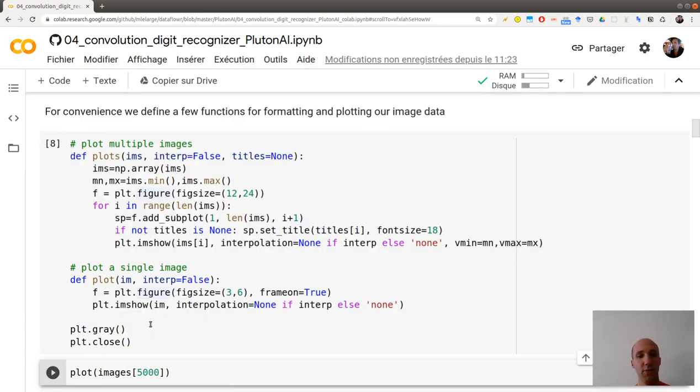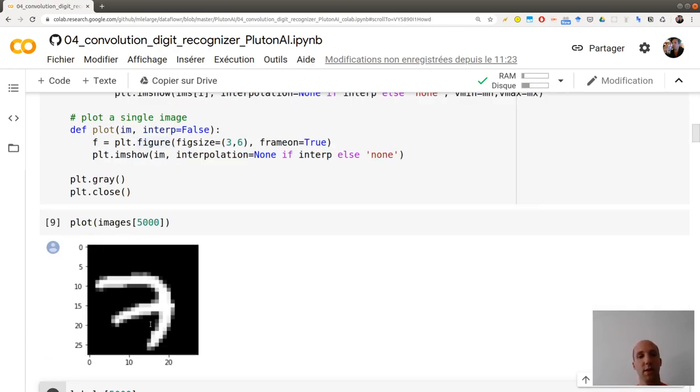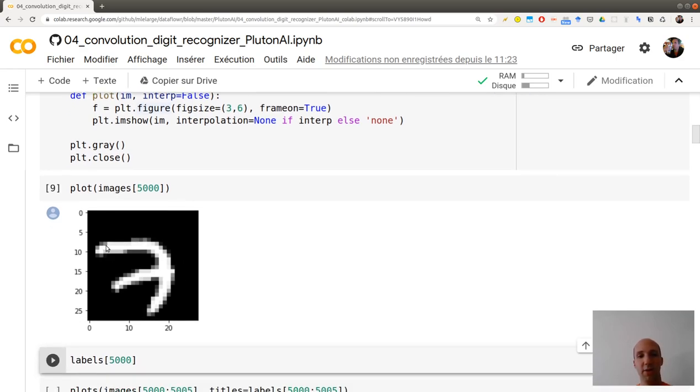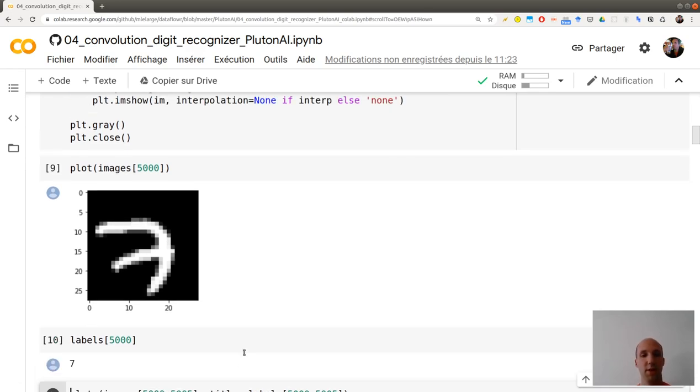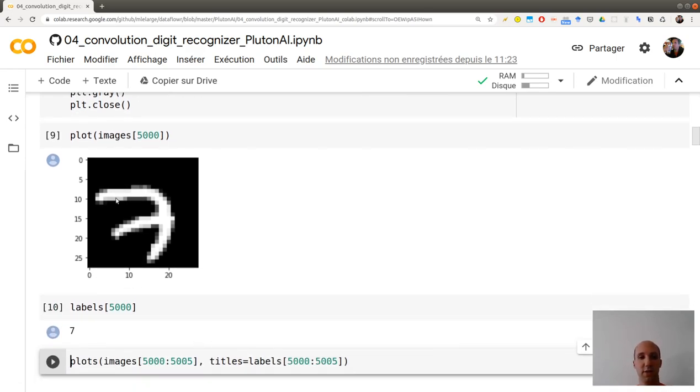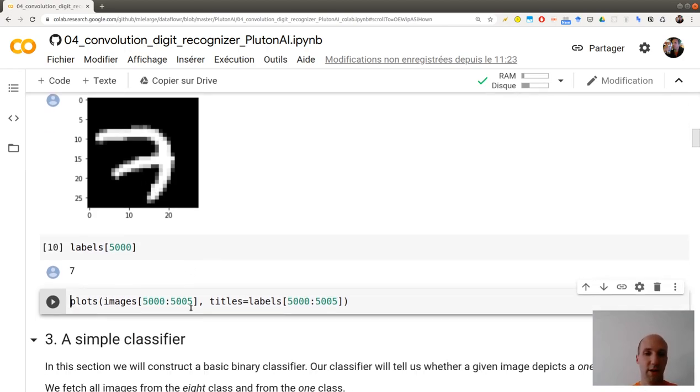So here is image number 5,000. You see this is a 28 by 28 matrix, and I'm just plotting the level of gray. So it's black and white here. So this should be a 7. So this is a 7 like this.